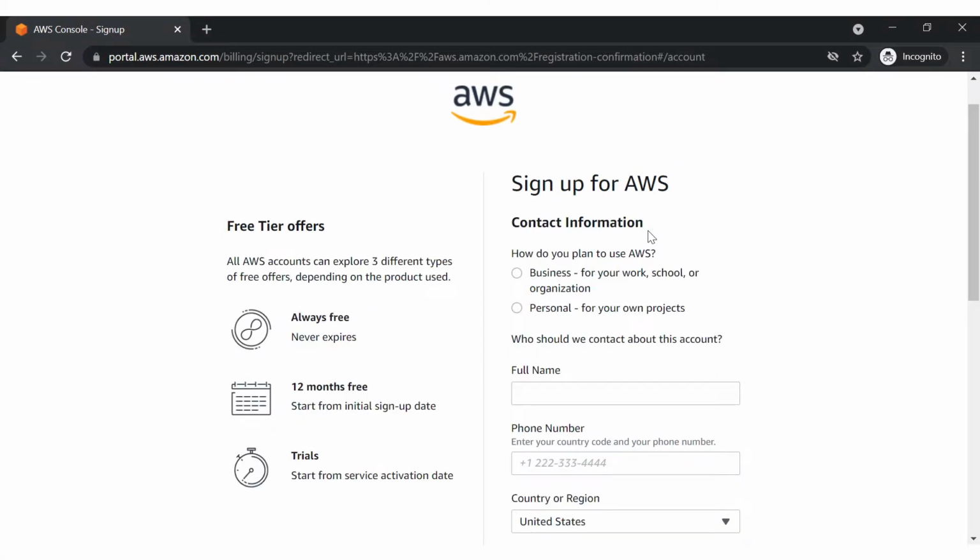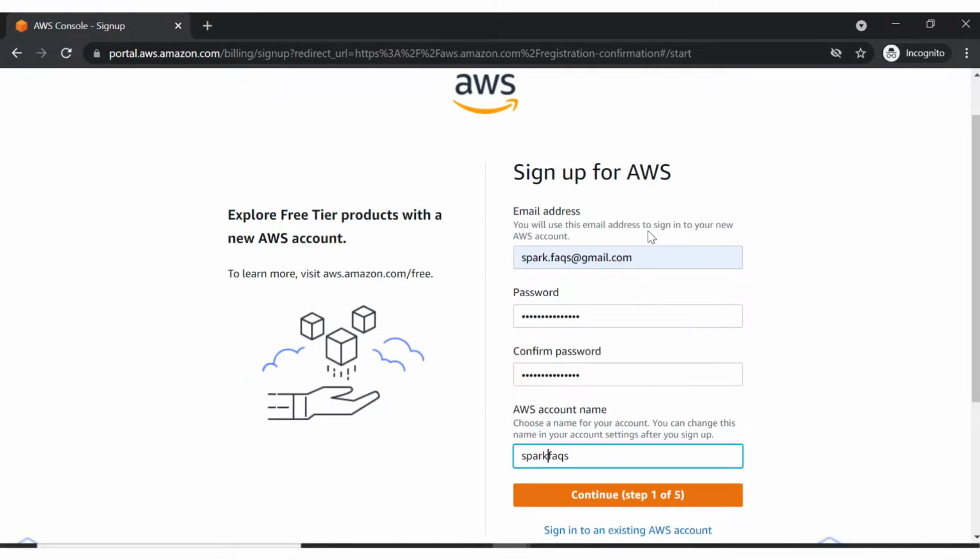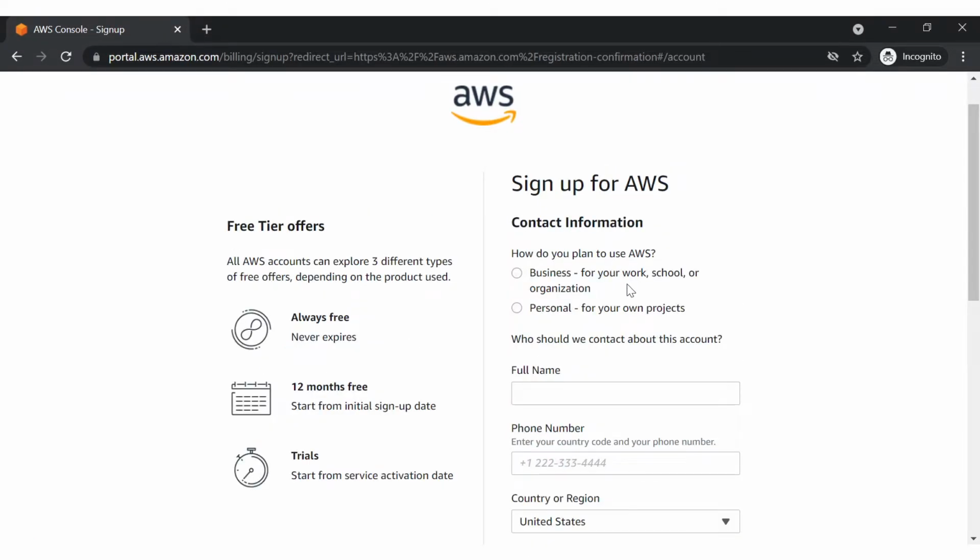Once you provide this information and click on continue, it is a 5-step process. Here you need to choose whether you are going to use it for business purposes or personal use. I clicked on personal, since I am creating it for developing my personal projects.